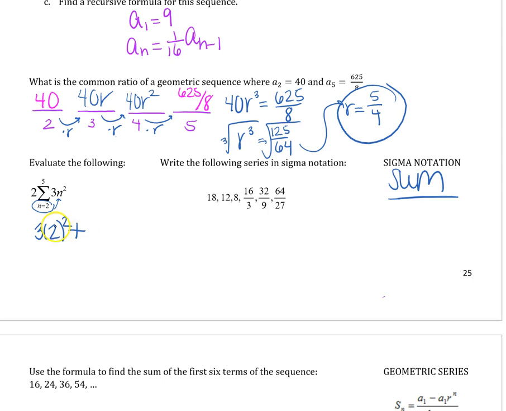Plus, that's where the sum comes in. Next integer value, 3 times 3 squared. Plus 3 times 4 squared. Plus 3 times 5 squared. And I stop at 5 because that's my n value at the top of the sigma. Now at the end of the day, they still want you then to take that sum and multiply by 2. So you just evaluate that in your calculator, whatever that may be, but this is the expanded form of